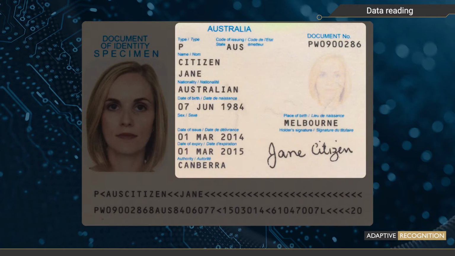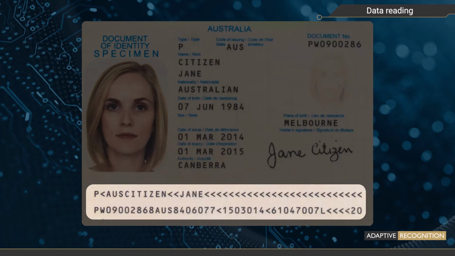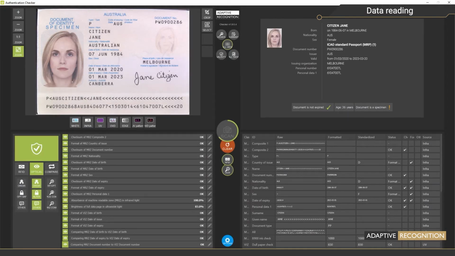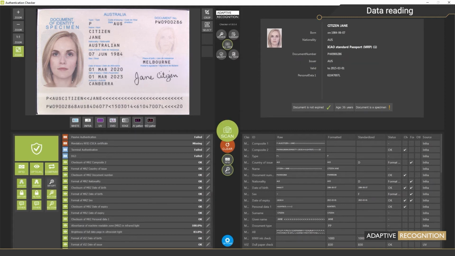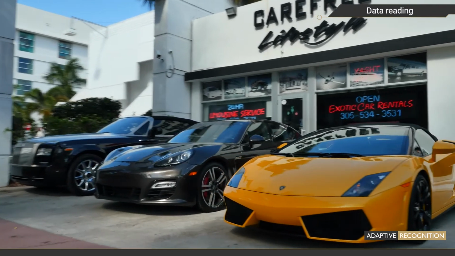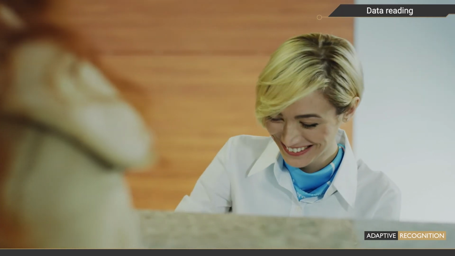VIZ stands for Visual Inspection Zone, a term that covers every other part of an ID apart from MRZ, where additional data can be found, and for non-English alphabets, whose data is written with special characters typical to the given language. When using the device integrated with an end-user system, it can automatically populate your software with required data. It can be a car rental CRM system, banking software, or maybe even a cloud-based hotel check-in application.